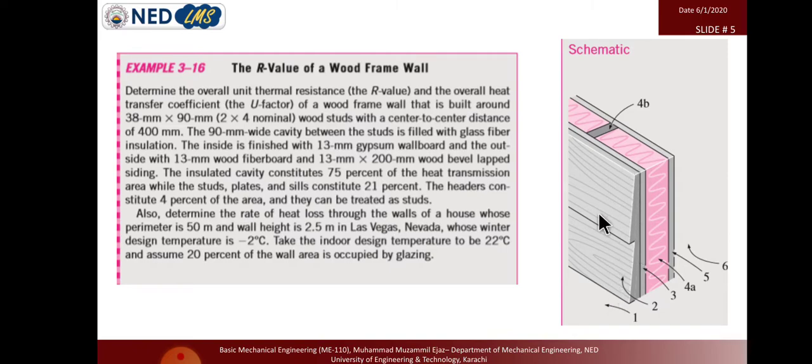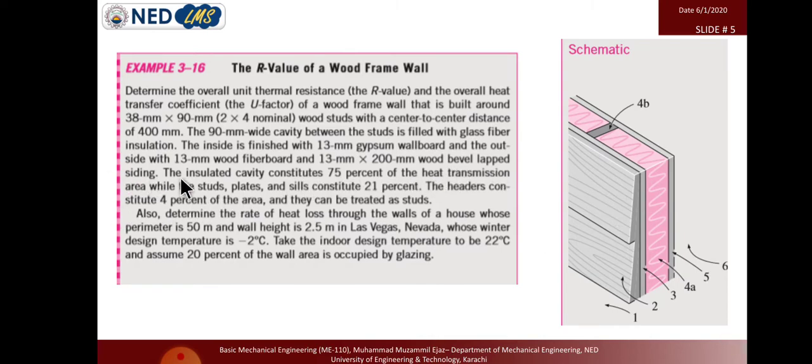Most of the wood is used outside in European countries like the UK and Austria, and also the areas which have very cold temperatures are covered with or constructed with wood material. So the outside surface also consists of this kind of lap material. It gives good aesthetic looks and also good insulation to the building, and also strength to the building. Okay, so the outer surface is covered with the bevel